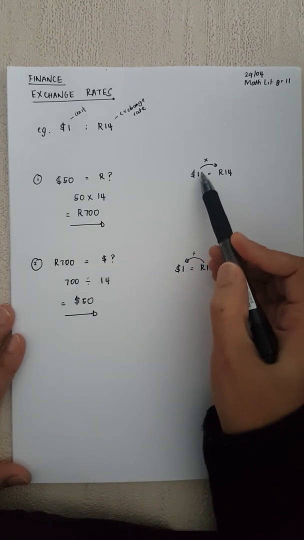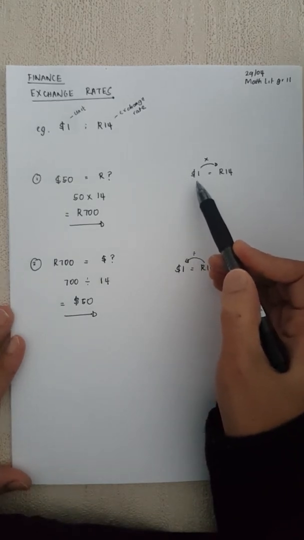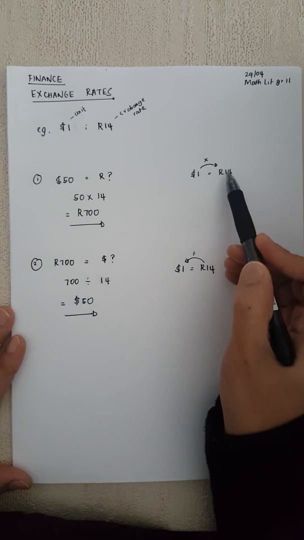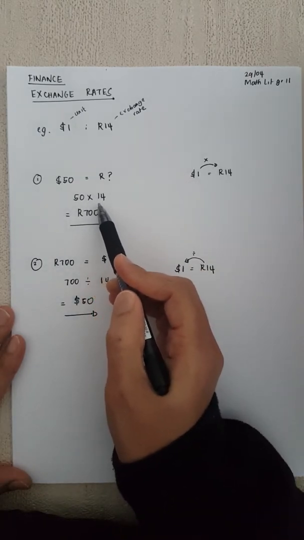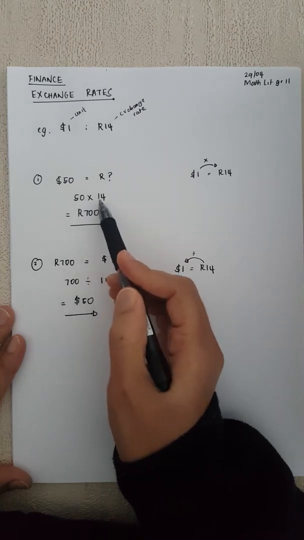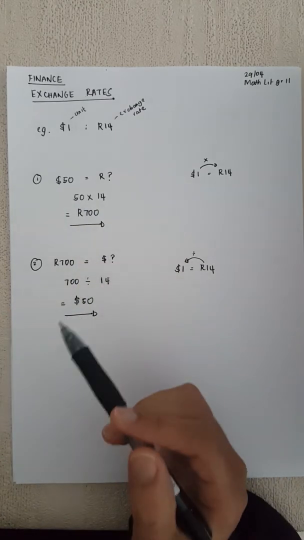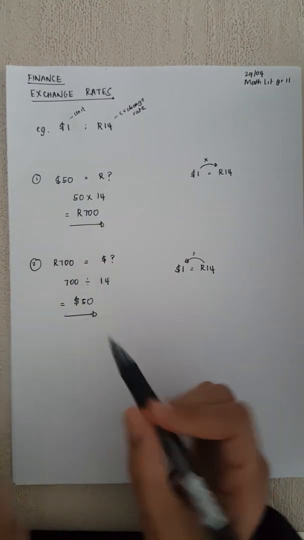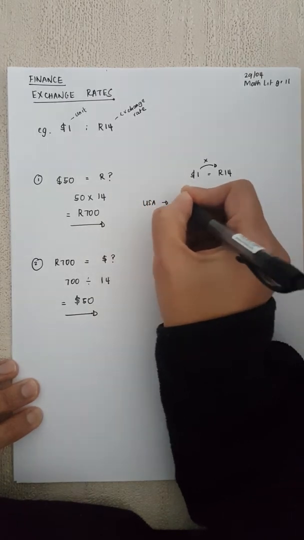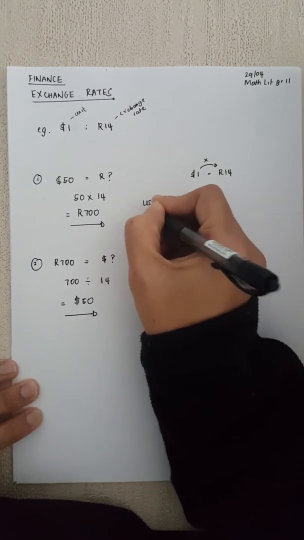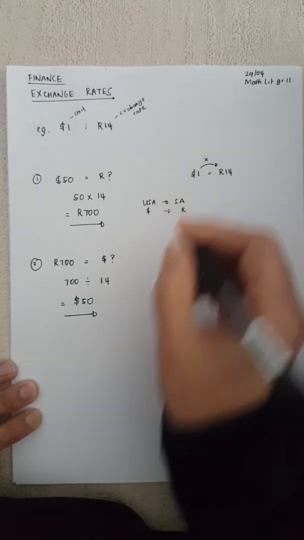So we're moving from the one that has more value, which is $50, to 14 rands per dollar. So we're multiplying, right? We've got $50, we're multiplying by 14 rands per dollar, and then you're coming to 700 rands. So this is a person coming from USA into SA, right? They're going from USA to SA. A person is coming with their dollars to South Africa for a holiday, and they're using